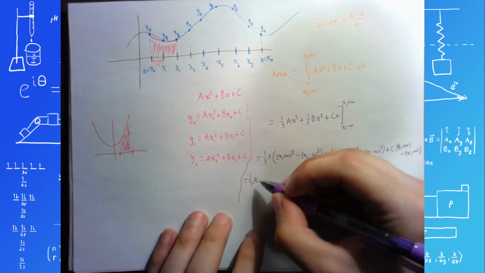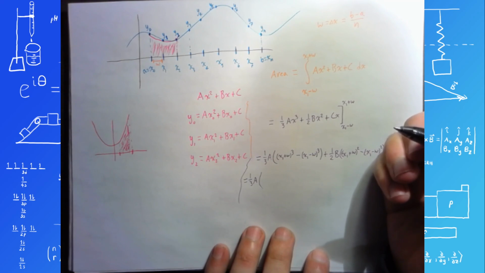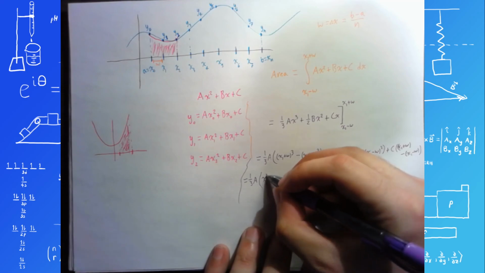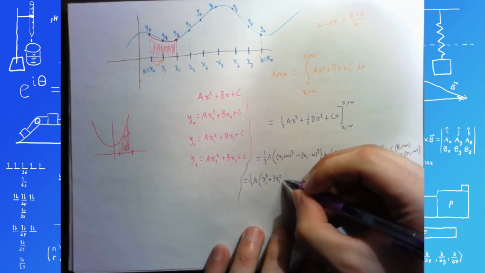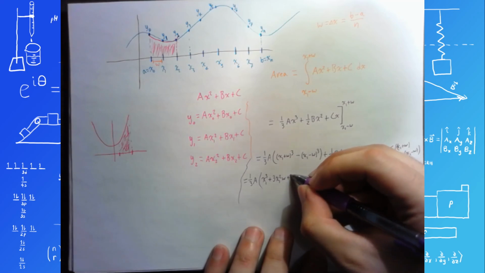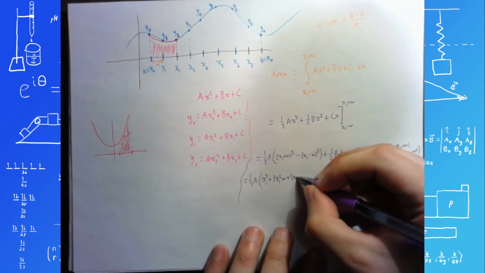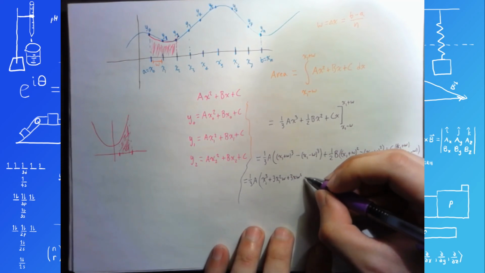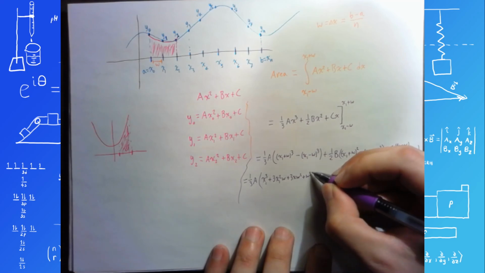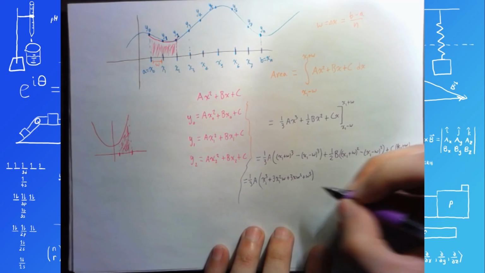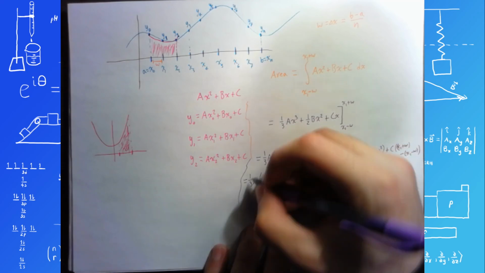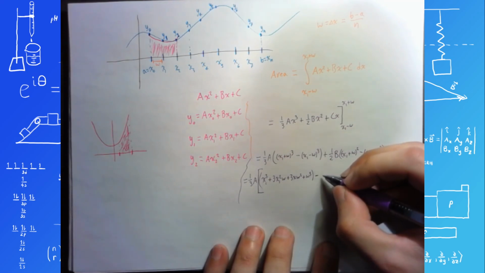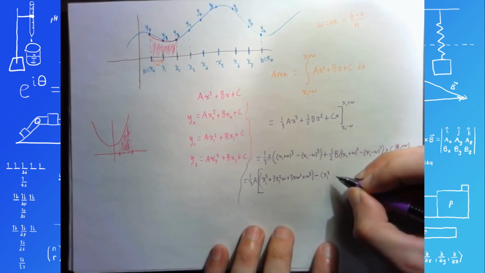So (1/3)a times (x1 + w)³ is going to be x1³ + 3x1²w + 3x1w² + w³, minus, and I should put brackets around all this, minus (x1 − w)³. If we cube that, then we get x1³